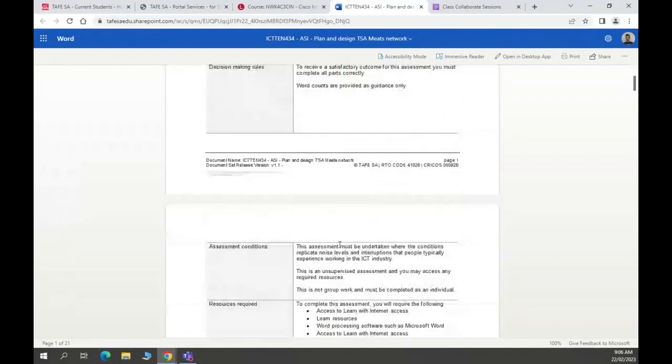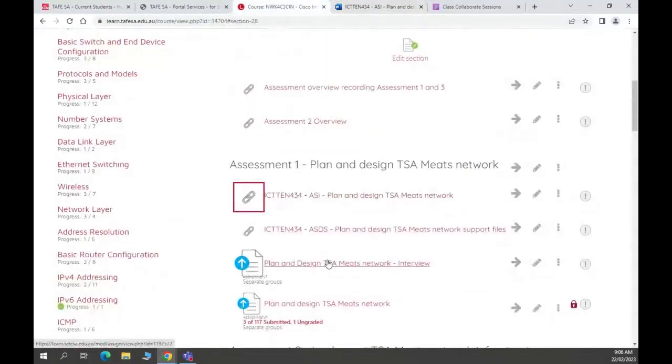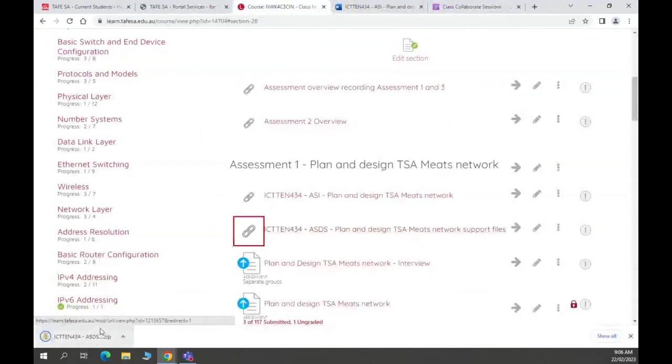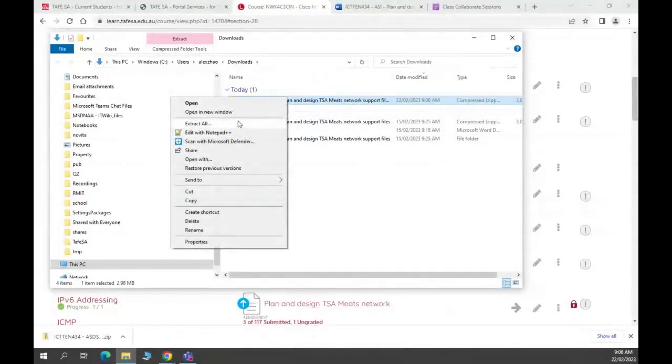It's the main one. It's the biggest one of the 3 assessments. But it starts off. Let's actually look at the support files first of all. I might just close the door. So with the support files, here they are. It's a zip file, and if we show in folder, did I do show in folder? Yes, I did. Here it is. I think I've already downloaded it previously, but all you have to do is right click and extract all,